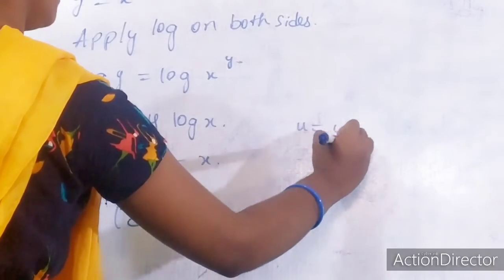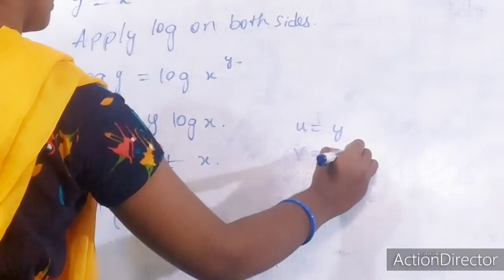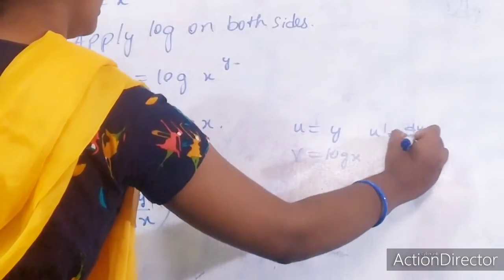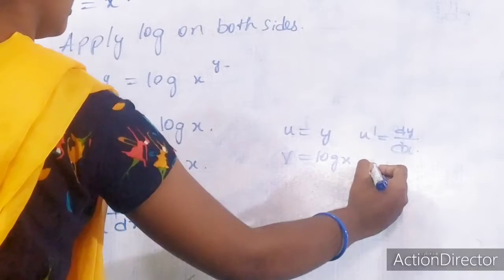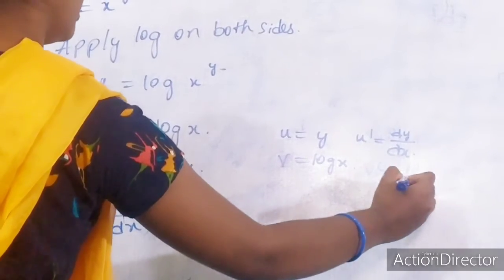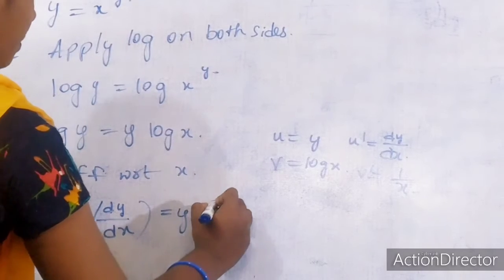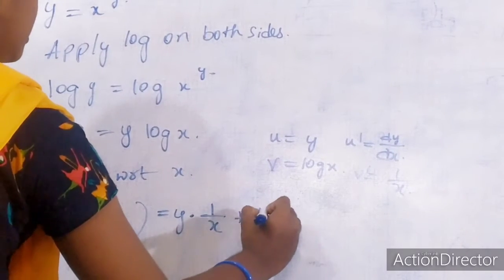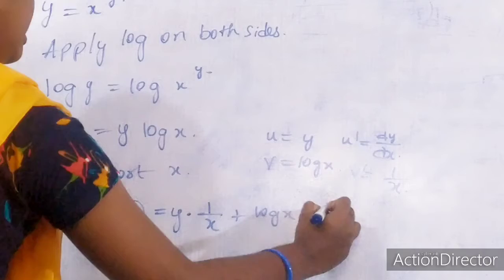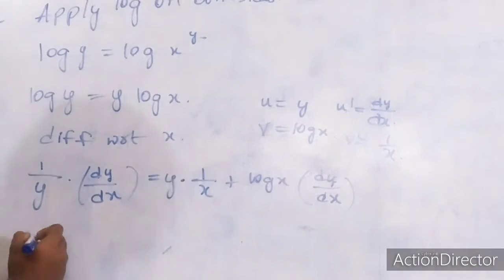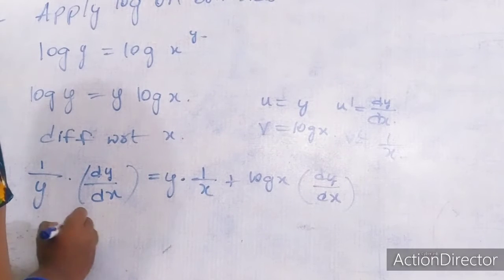Here u is equal to y and v is equal to log x. u dash, that is d by dx of y, is equal to dy by dx. v dash is equal to 1 by x. That is u v dash plus u dash v: y into 1 by x plus log x into dy by dx. So by simplification we will get